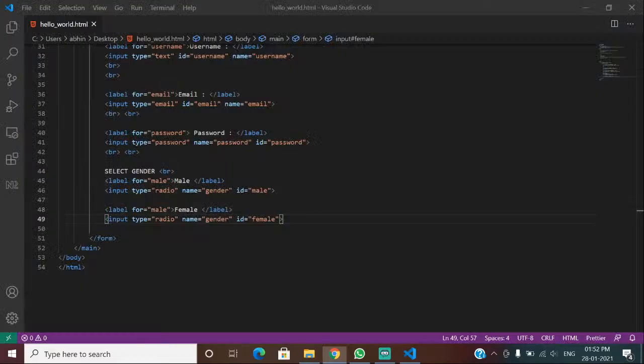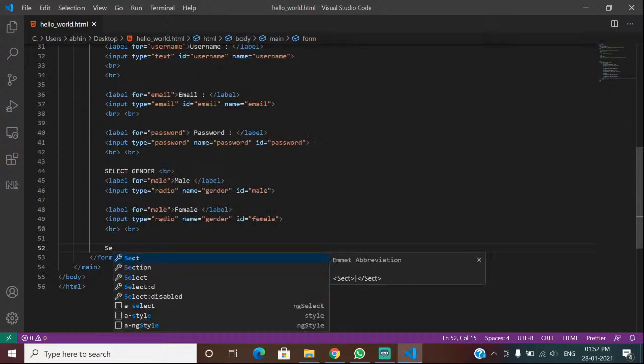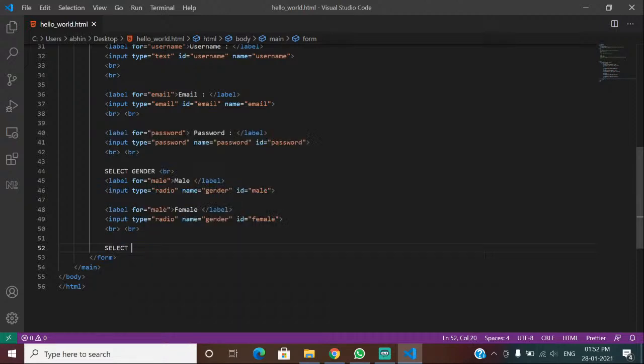Okay, so moving on, suppose you have a branch. Okay, so the branch, how you can select the branch. So I'll just write select branch for the heading. So I just want, in every site you have seen, the branch is displayed in a drop down menu. Okay, so for that I'll just write branch here,